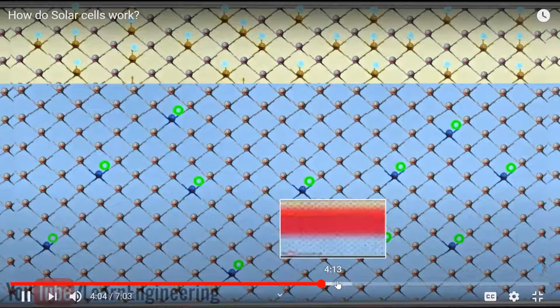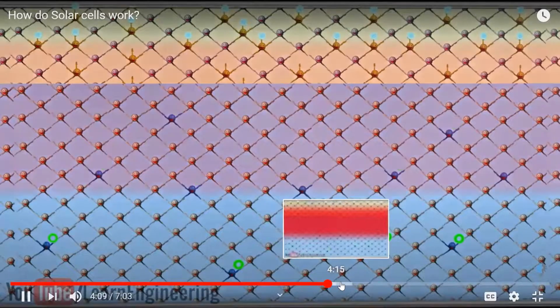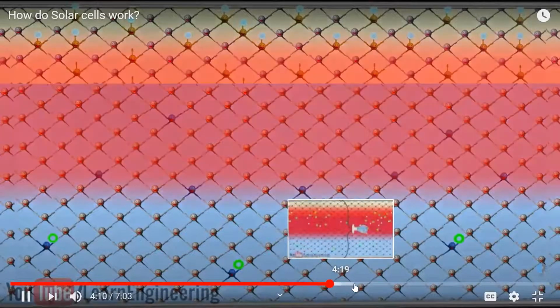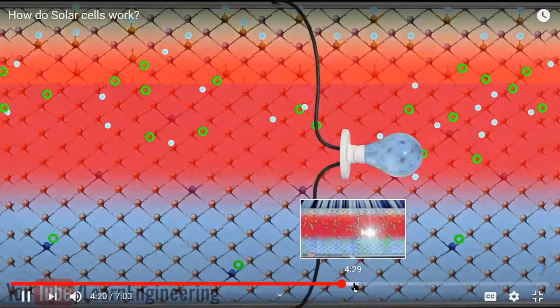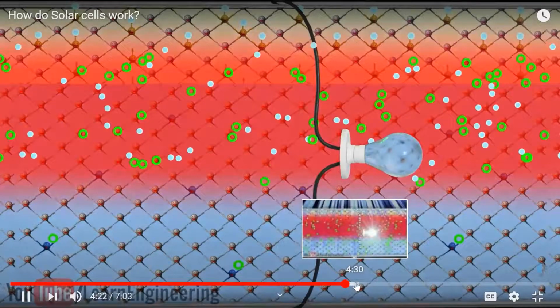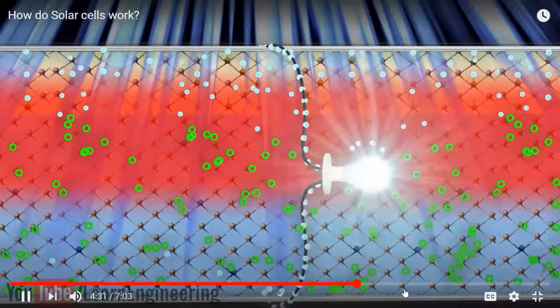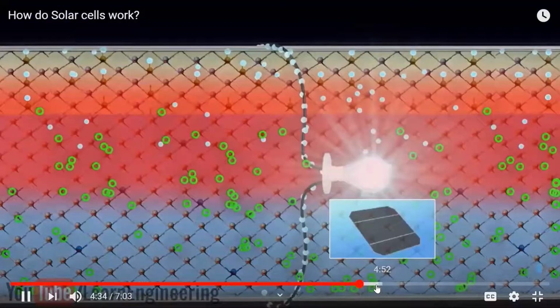He is explaining the particles, the heavily doped and the lightly doped ones. And next, coming to 5.3 or so, we can move forward. Moving forward, we will understand the concepts. Still, we can move forward up to 6 minutes.